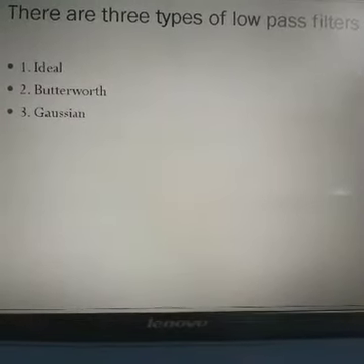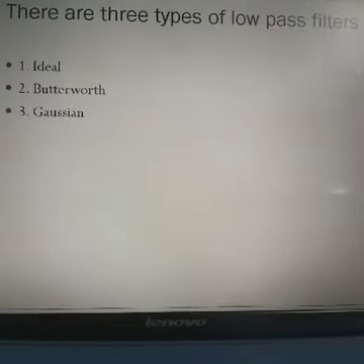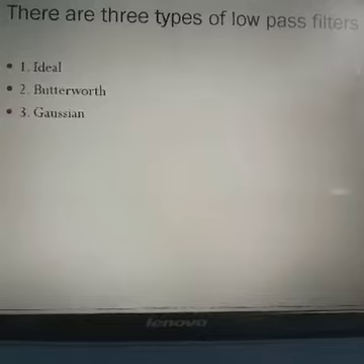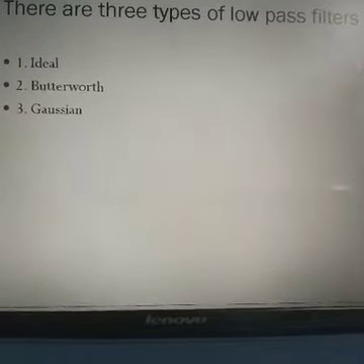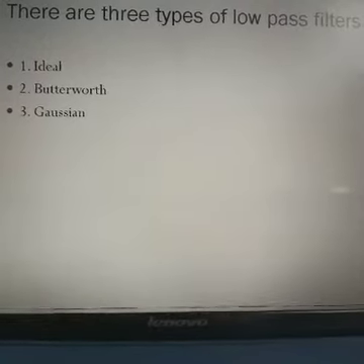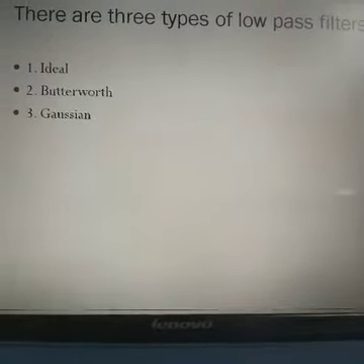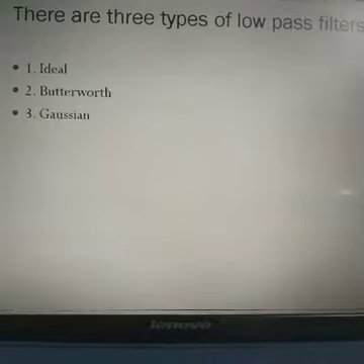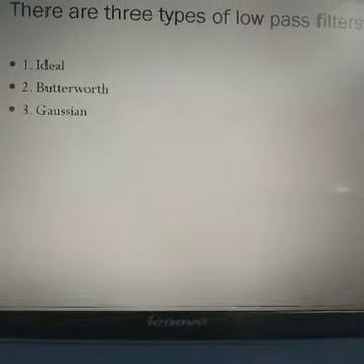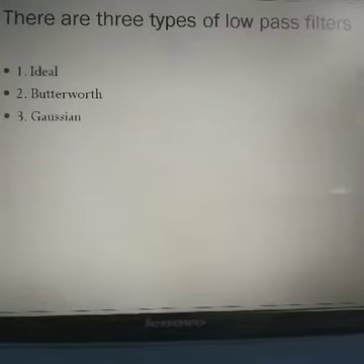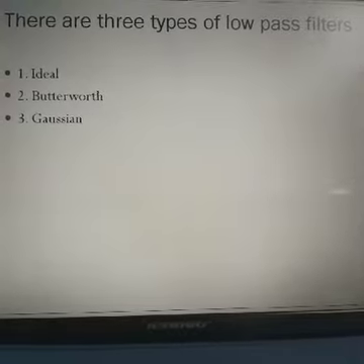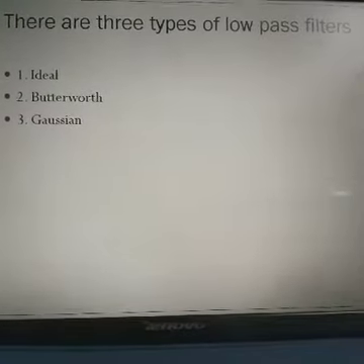In this lecture of digital image processing, we will discuss the topic of low pass filters, the various types of low pass filter. In the previous lecture, we covered some of the concepts of the frequency domain, like the frequency domain's purpose and the Fourier transformation concept, which is used to explain the concept of frequency domain filtering that is to be done in the frequency domain. So now we are going to discuss the low pass filter.